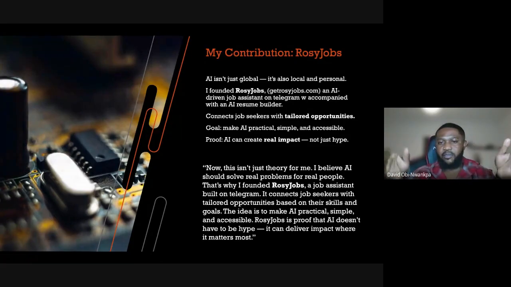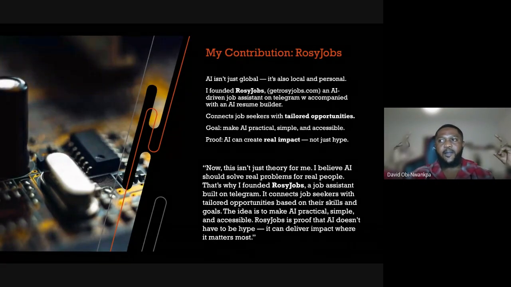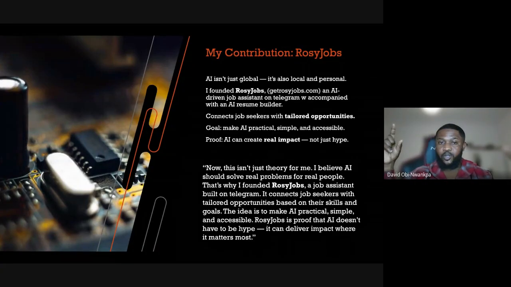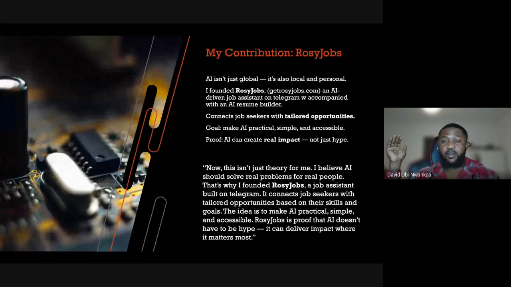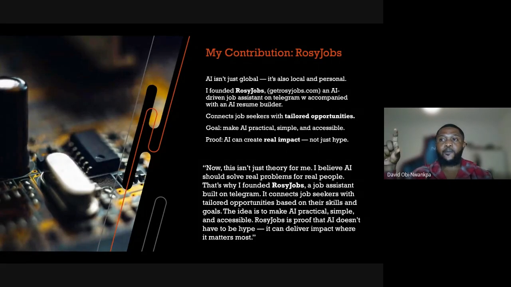So in a nutshell, without reading all this, what's Rosie Jobs? Rosie Jobs is an AI automated chatbot that gives you streamlined jobs from the comfort of Telegram. All you need to do is start a chat with it. It knows your name. You ask the kind of roles you want. For Nigerians and Africans, we do not have a recognized job board that stands out, so for now we're using international job boards until I get more collaborations with job boards in Nigeria and Africa.